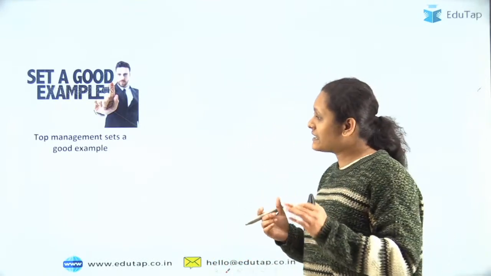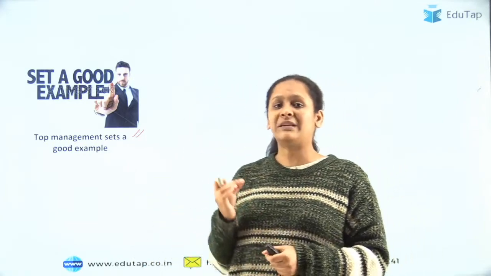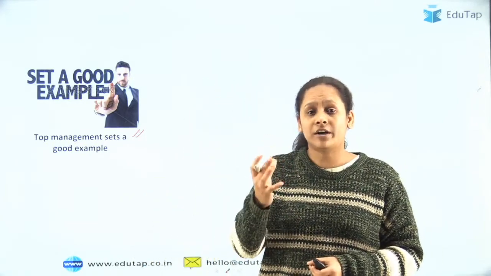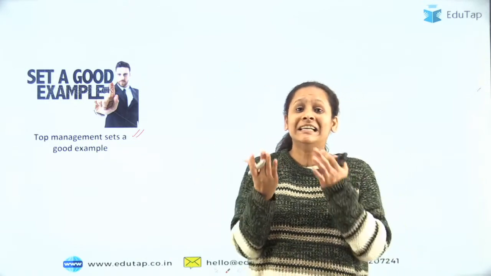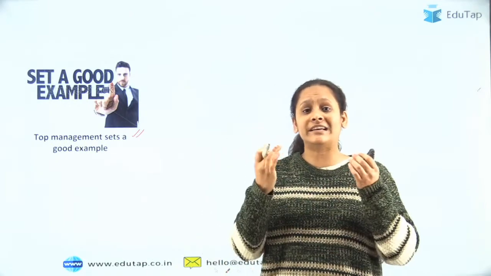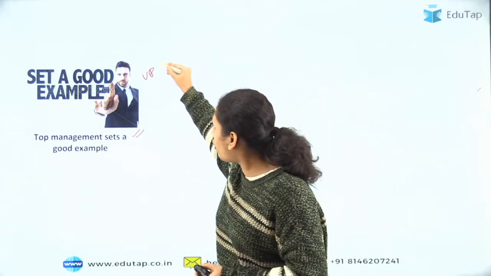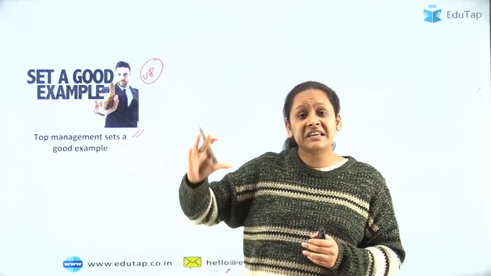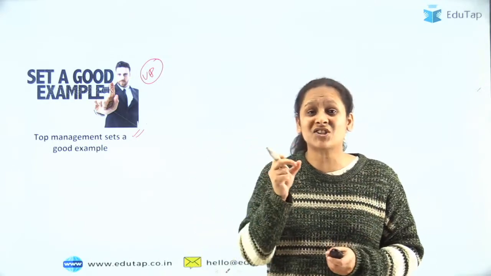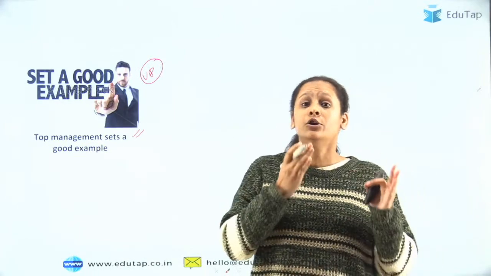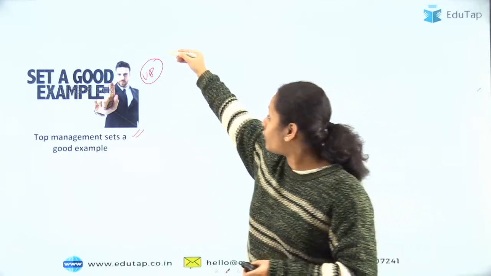The next reason is that it is the top management who sets an example. What do I mean by top management? See, in an organization, who are the people posted at a higher hierarchy? Let's say the CEO of the company, the financial officer, or any vice president. If these people are unethical themselves, which means they themselves promote actions which are forbidden, which is bad,